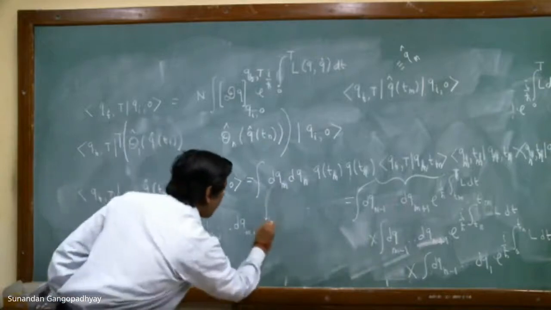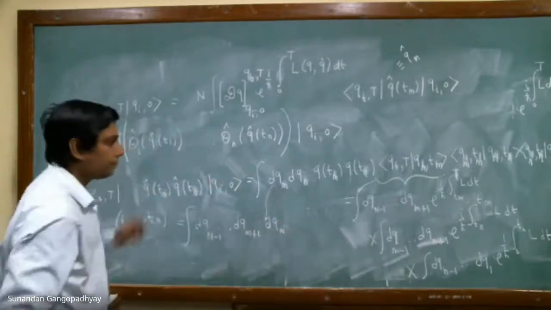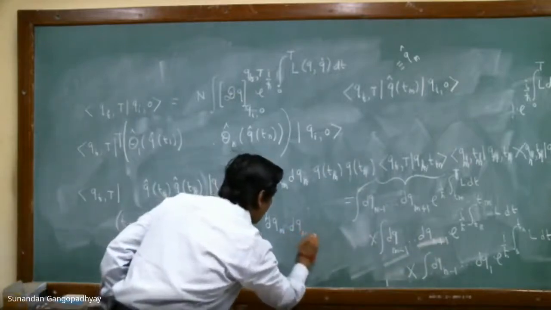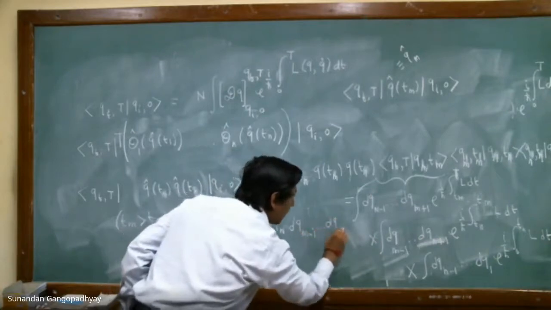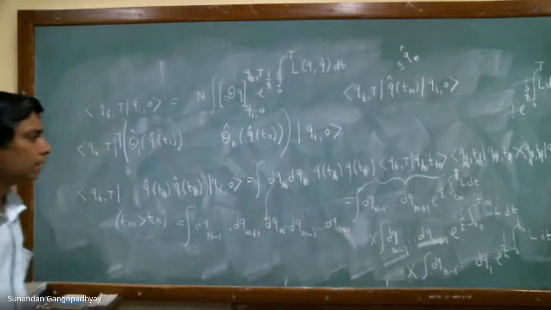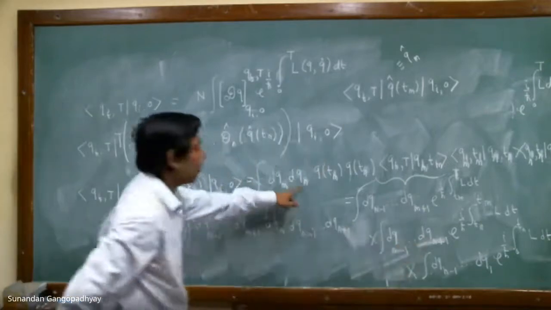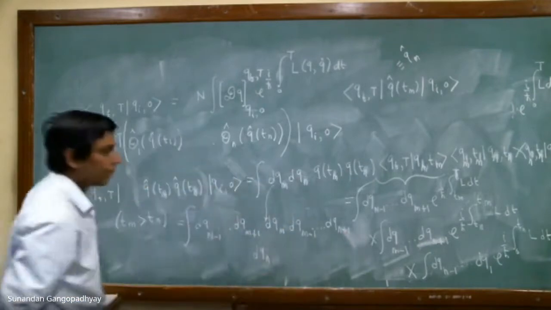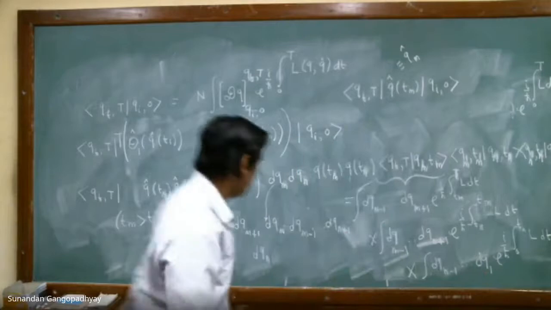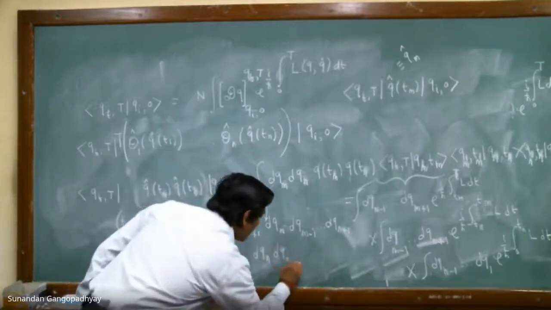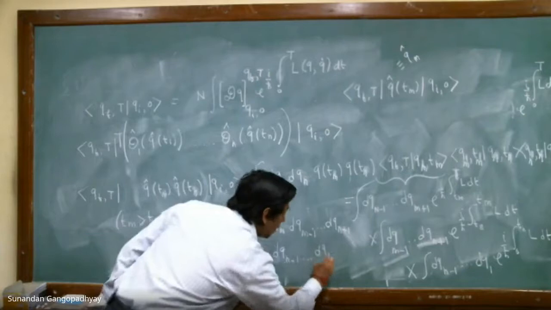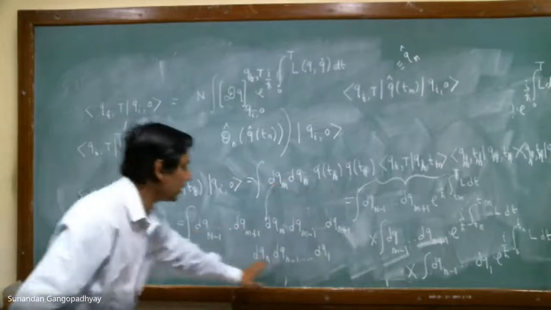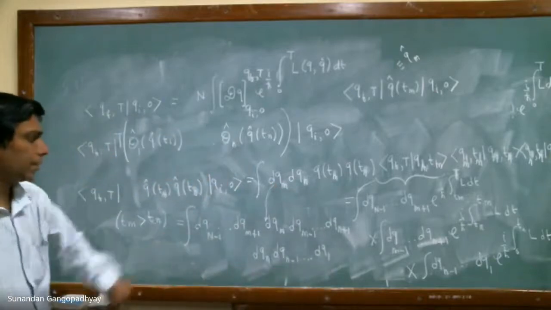So this comes here, dq_m, and then dq_{m-1} to this, dq_{n+1}. And once you have dq_{n+1}, now you have dq_n, so this comes over here. And then you have n minus 1 to 1, so dq_{n-1} to dq_1. So all these differentials, the measures, have been taken into account.